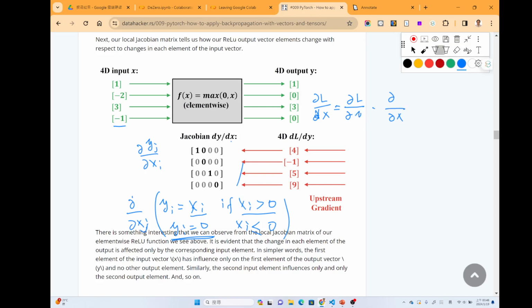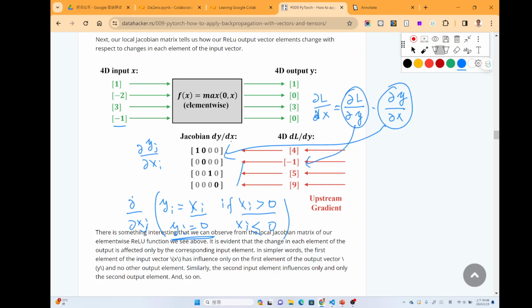Okay, so this is Y. This item is the Jacobian matrix, and this item is the upstream gradient.